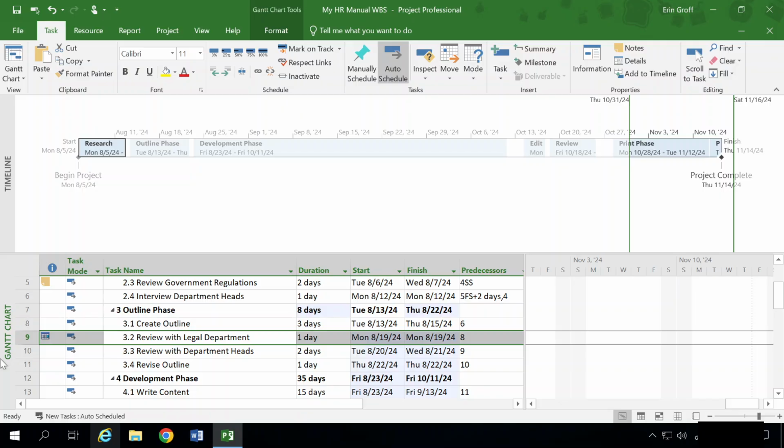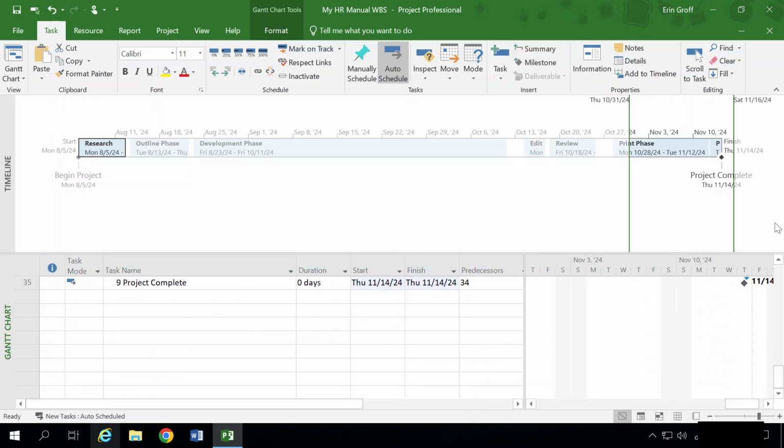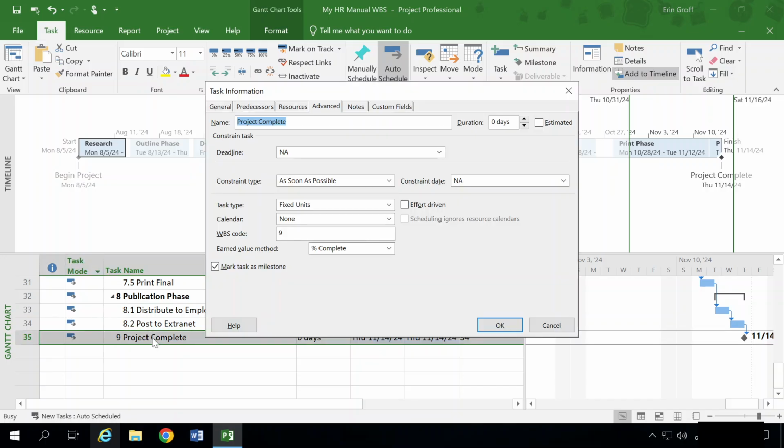And next in number 3, we're going to add a deadline to the project complete task. So we want to scroll down. You can see right now our project complete date is November 14th. We're going to double click on 9 Project Complete, open up that task information dialog box again, go to our Advanced tab,